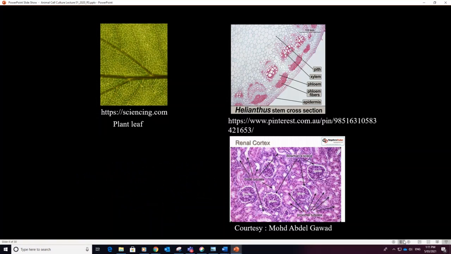Why is it so? You all know, actually. I'm not testing you. It's because of the cell walls in the plant. Yes, that cell wall is the beauty of the plant. That's why plant cells are easy to maintain in culture as compared to animal cell culture, and that's why